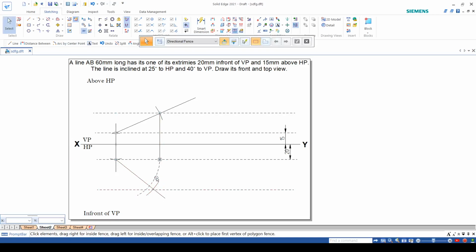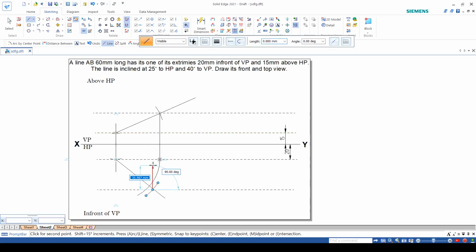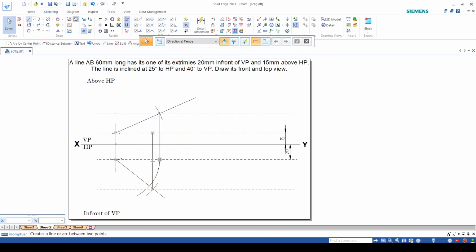Okay, I will just change it now. Now again from this point also, I would just make a straight line to this line. So from this point I'd make a line to this line. Then I would again take this point. Now from this point of x, this line, take a compass and draw this.